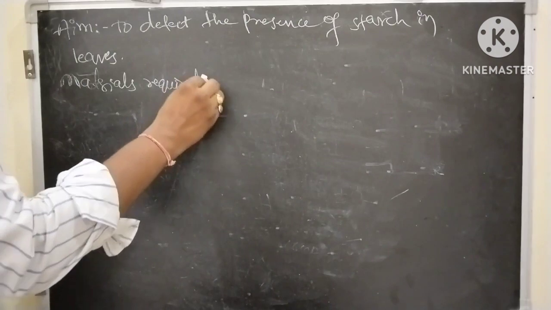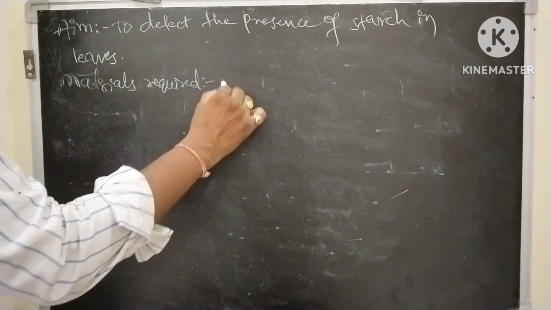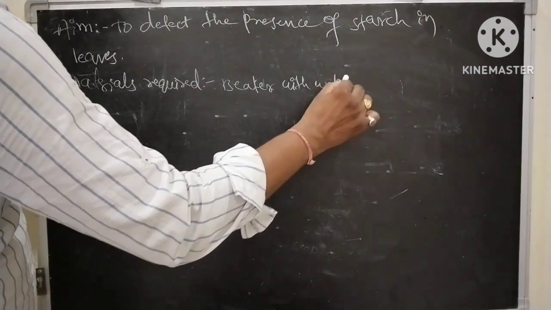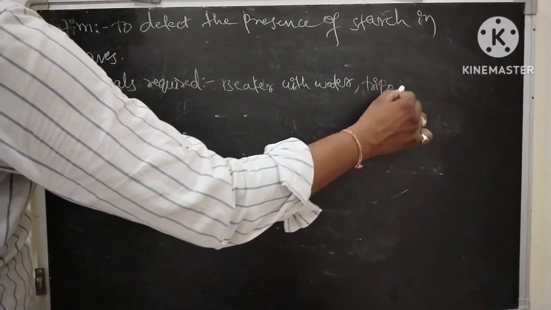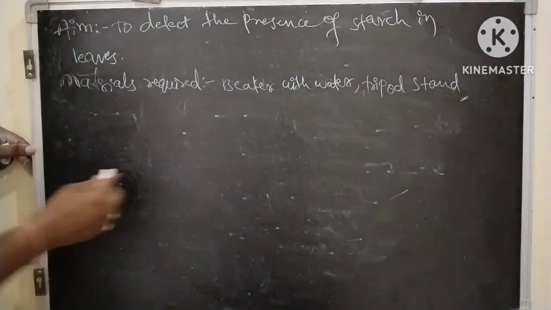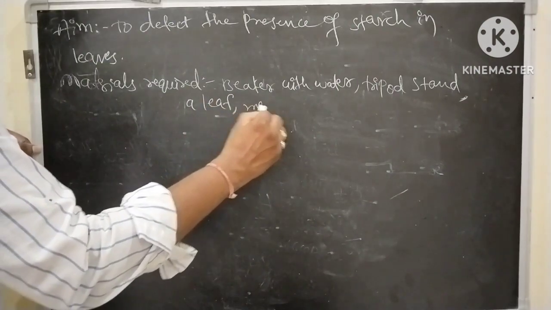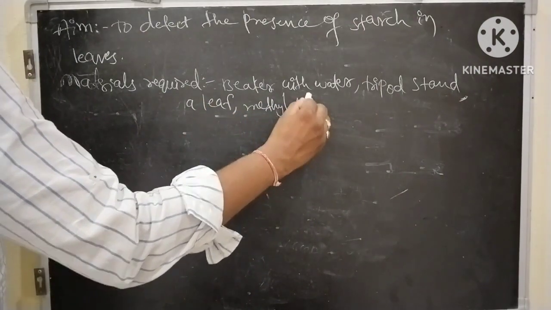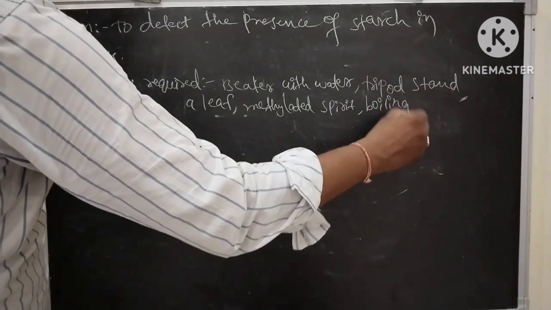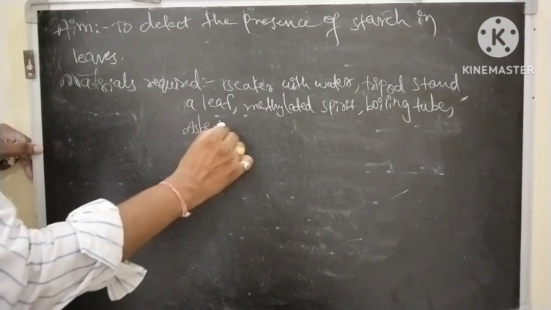Materials required. We have to take one beaker with water, and to place this beaker we have to take a tripod stand, a leaf, methylated spirit, a boiling tube, next asbestos gauze,